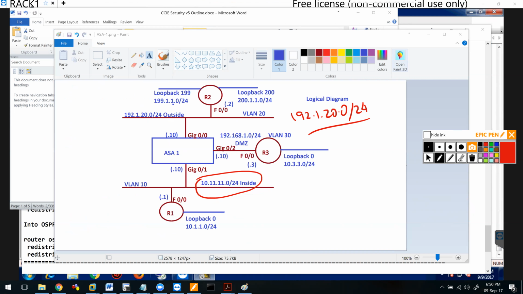Basically, what I'll say is anything that comes in from the inside network going towards the outside, I want them to use this pool of addresses. Everybody okay with that? Once I configure that, I'll show you the configuration part of it. But before we get into the configuration, I want you guys to understand something. In this type of setup, when the packet